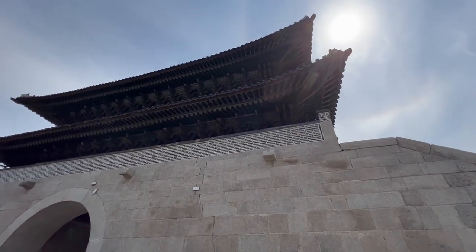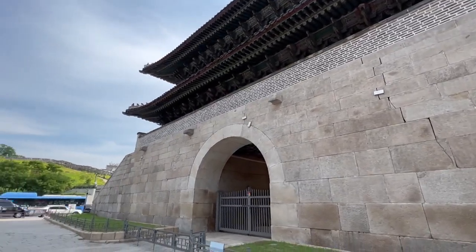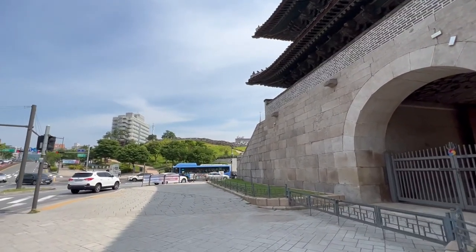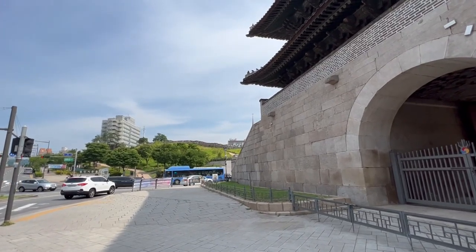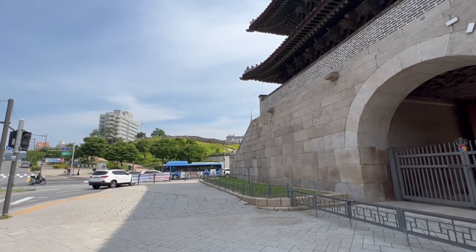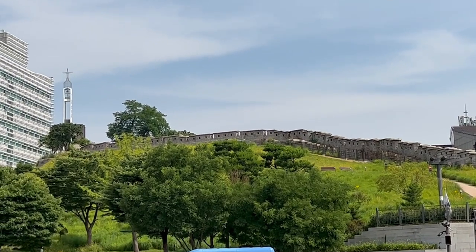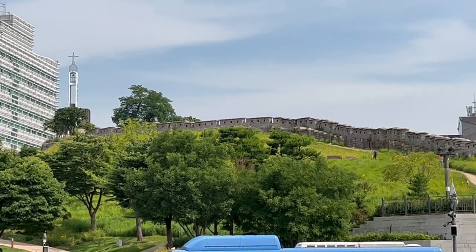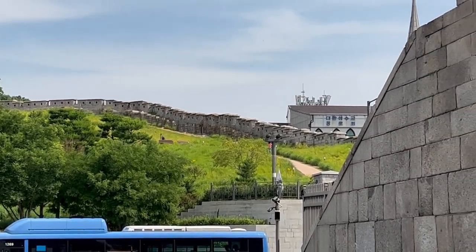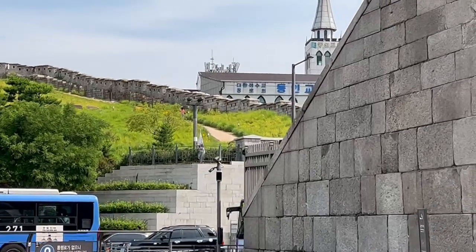Ancient city gate here in Seoul, and up on the hill here you see the wall of Seoul. Used to fortify the entire city and connect to the gate. As you can see now, it's just a small remnant of the former city wall, and because of all of the traffic here, it doesn't connect all the way to the gate any longer, but